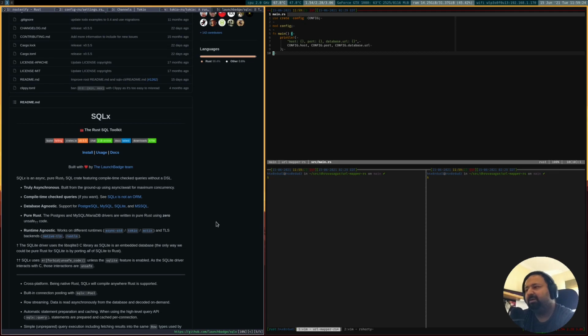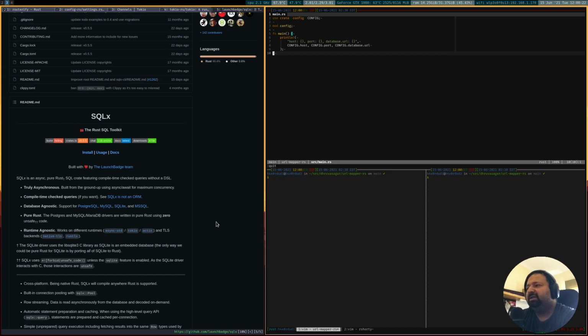SQLX obviously does work with a lot of databases. Today we'll be using Postgres, I think. And also the nice thing to have, because in the Rust ecosystem, when it comes to asynchronous processing, there are a lot of runtimes that are available. Some of the popular ones listed here: async-std, Tokio, and Actix. Those are the ones that SQLX supports, but the way it's designed is it's runtime agnostic. So if there are other runtimes, there should be a way to work with them as well. Today we'll be using Tokio, just because I think that is one of the more popular ones. I have more experience with using Tokio.